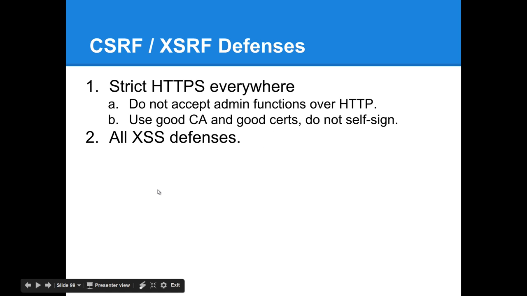So the two defenses are: one, use strict HTTPS everywhere, which helps prevent man-in-the-middle script injection. Do not accept, especially admin function requests, over plain HTTP if you can. That depends on your web server. Use a good certificate authority and good certs. Never do self-signing if you rely on HTTPS to protect your administrator functions, which should be pretty much everything. And finally, all XSS defenses will apply in this scenario,